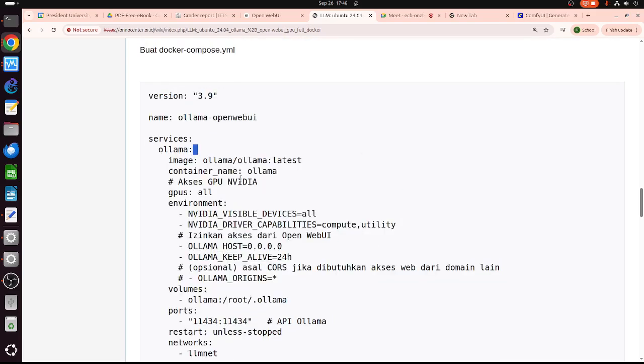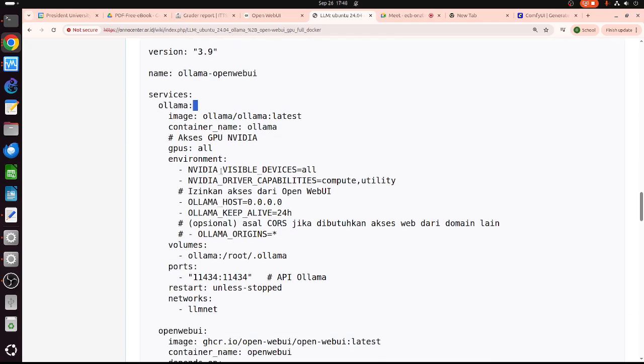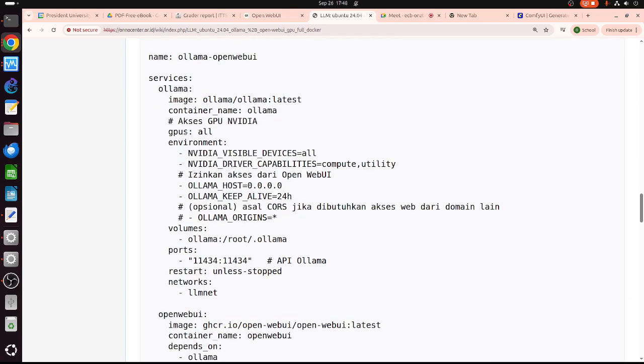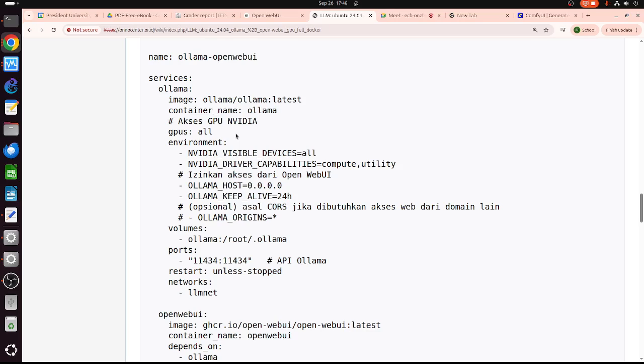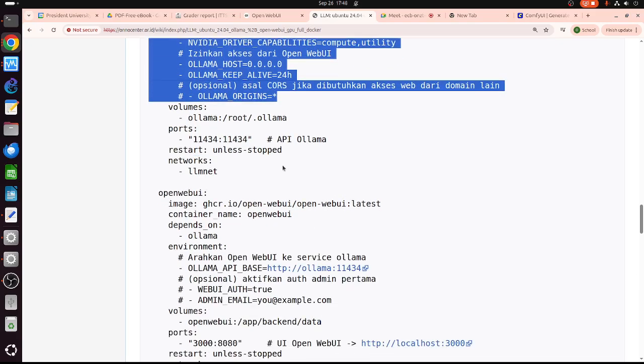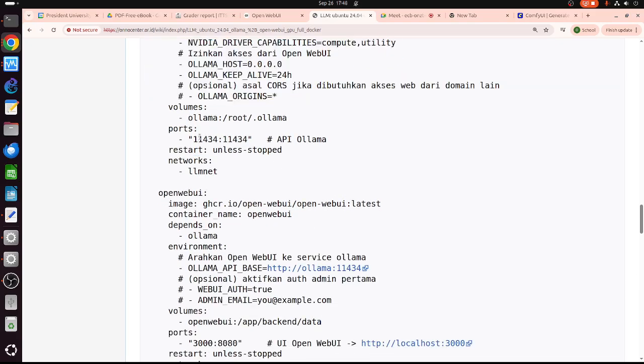The difference between the normal Ollama Docker and the one with GPU is this one basically, here. I need to tell Docker that I will use all the GPUs, and I have to set the environment. Ollama has an API port, 11434.